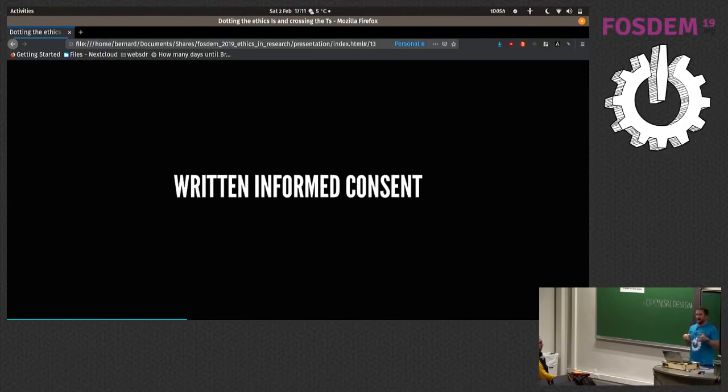For example, in a situation of testing security and usability, if you want to test the content of an email and your objective is to see whether the person falls for a phishing attack, you don't want to say, okay, so what I'm doing here is I want to test if you're going to fall for this phishing attack, because that's going to bias the results and you can't really use that.